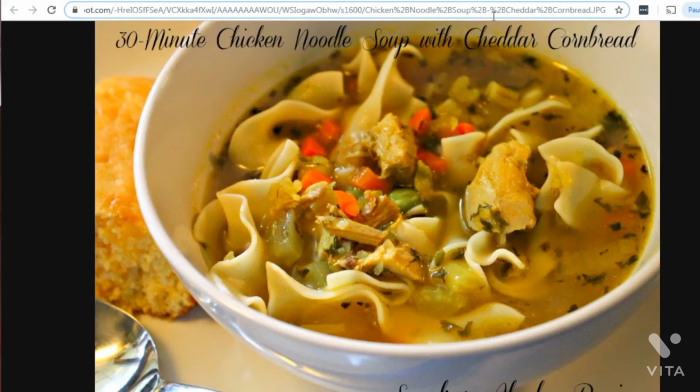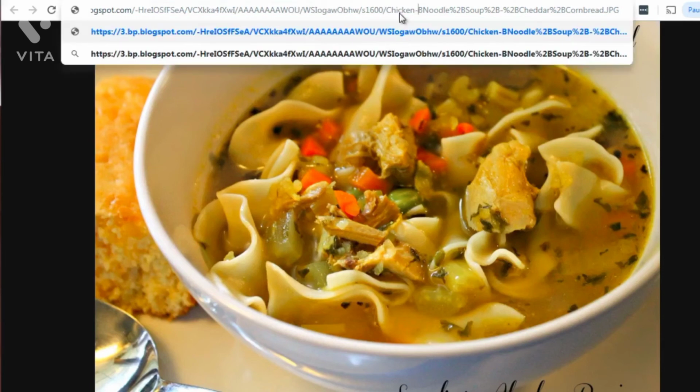So we can see that the file name here is chicken%2b noodle soup cheddar cornbread.jpg. The problem with this is that there are all these %2 signs and all that. What you need to do is, if you have spaces, use hyphens. So it should look like this, like a hyphen. Don't use underscores, just use hyphens to signify spaces. So it should be as simple as